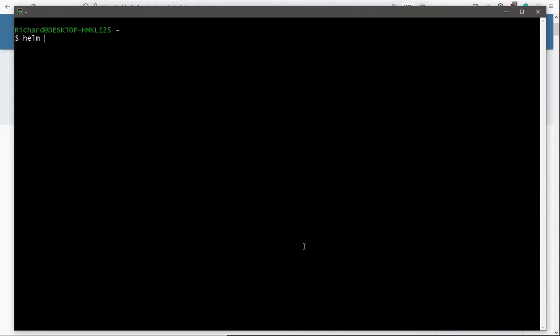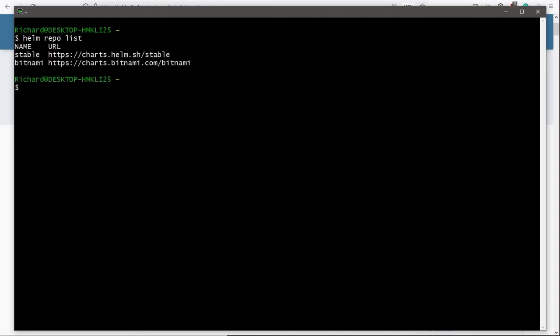Well, to explain, let's switch back to the command line and I'm going to show you a command that we've not seen so far, which is helm repo list, and this will list any repositories that we've registered with our installation of Helm. If you're following along and you did the previous demo, then you will definitely have the Bitnami repository listed in the results. We gave it the name Bitnami, but you might also see the result here, which is called stable.